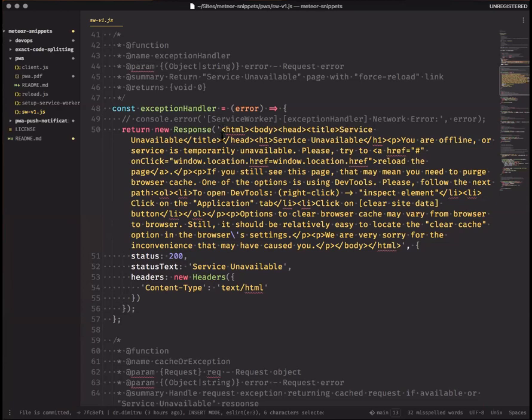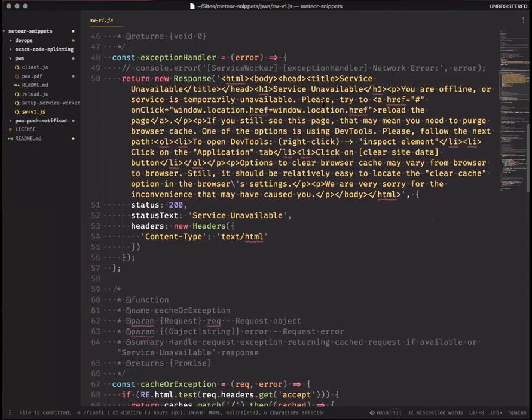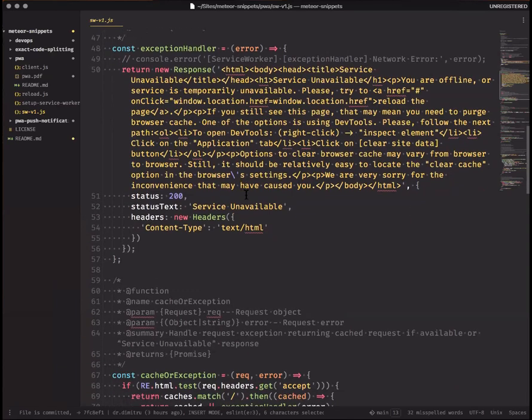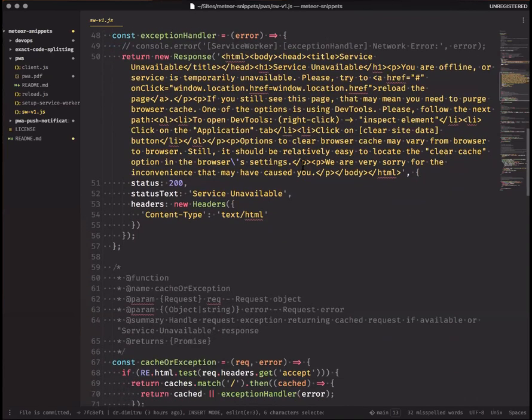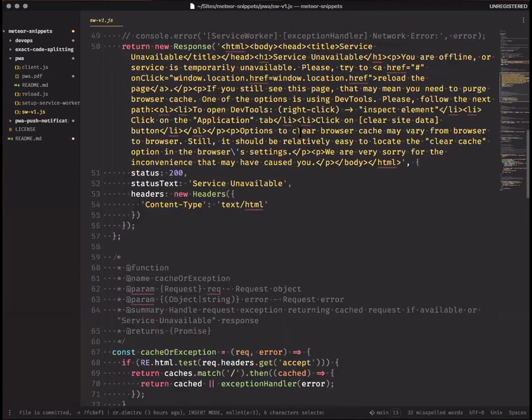And this is the place where, in case no cached result is available, and basically there might be an exception happening, we will return this default template. And styling is available here because CSS is loaded in another way, not related to the service worker. So this is something that can be styled and used to explain to the user how to purge the cache in case he sees this page for too long. The rest is pretty much